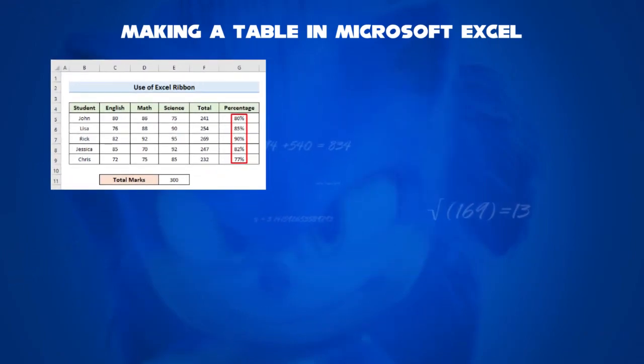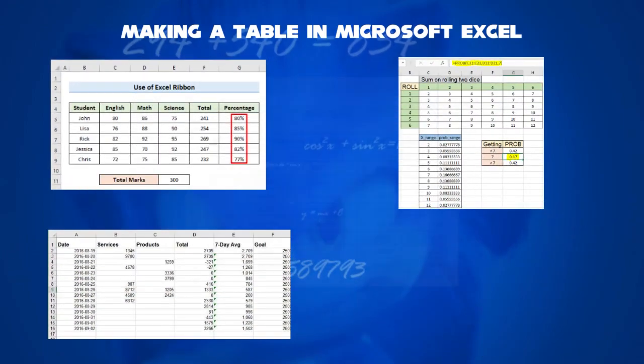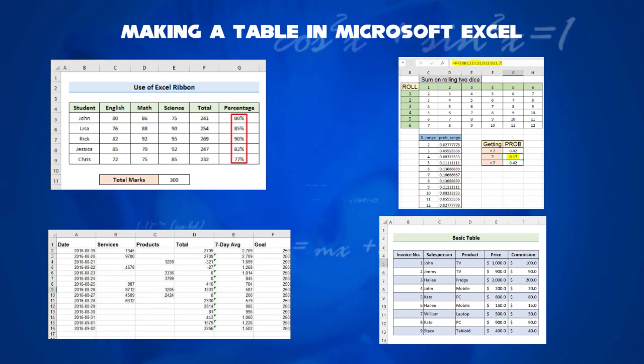Tables have been widely used in school and college grading, probability, sales, amount purchases, etc. So, this video is about making a